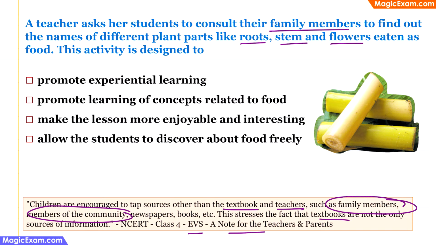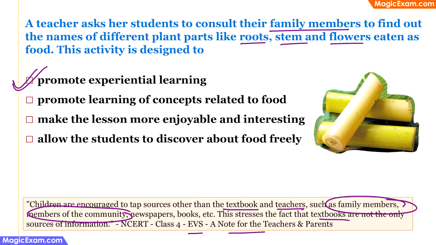So the child is actually encouraged to learn something from his or her own surroundings, from his or her own immediate family members and community members. Now, when we look at the answer choices, the first one says to promote experiential learning. Now this is an absolutely correct answer, and this has to be the answer for this question, because what the